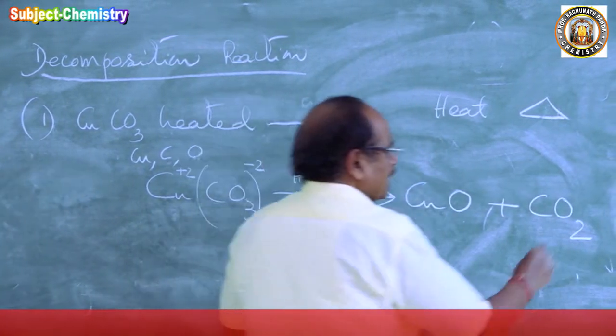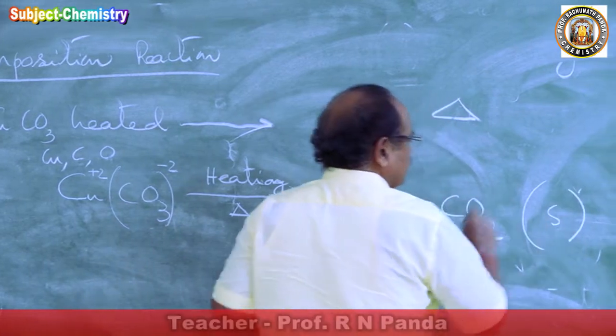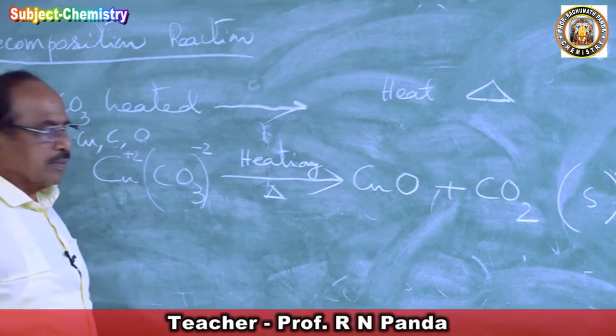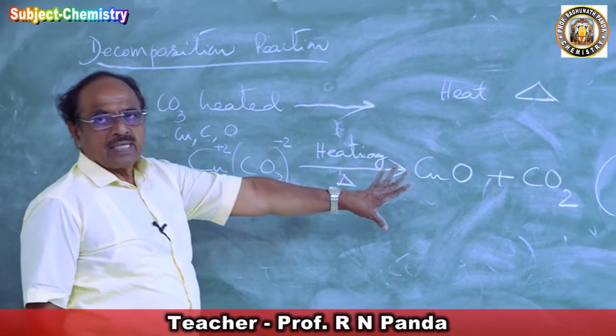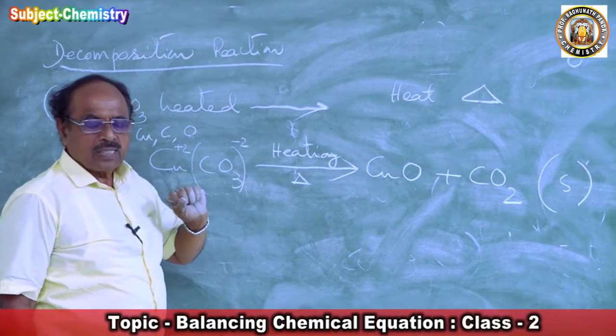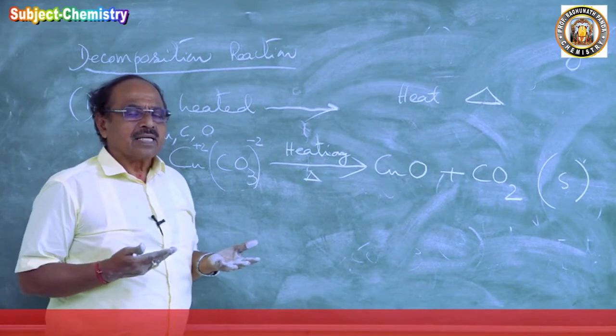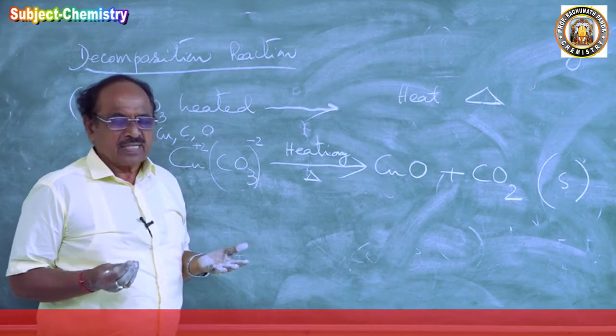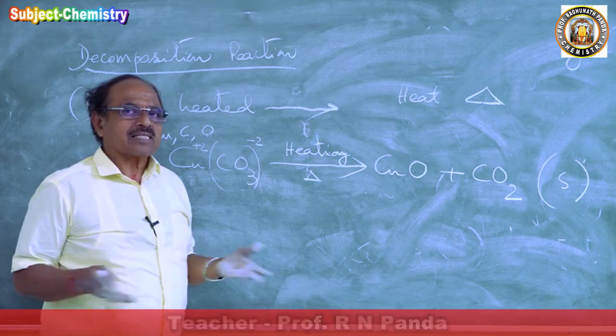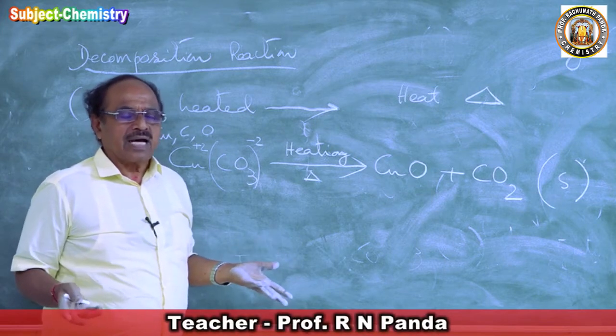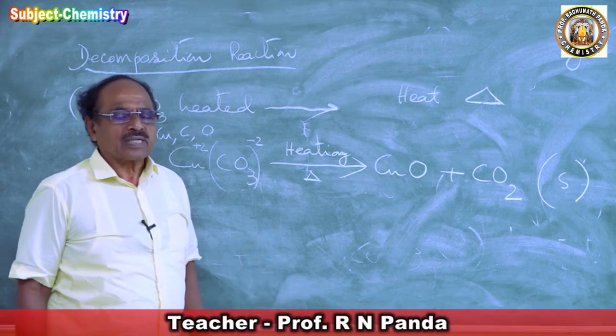So this is my skeleton equation. You see, I am not writing the product by borrowing it from the book. I am writing the product myself. If I try like this, I may make some mistakes, but I will correct myself. And at last, I will learn how to write the product correctly.